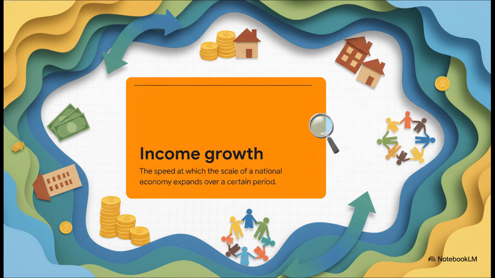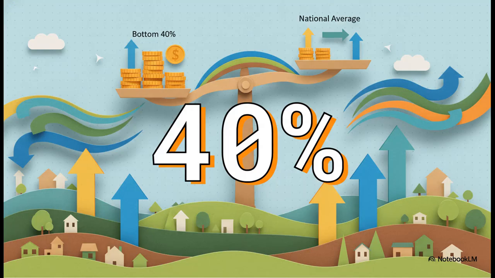To tackle those economic gaps and promote basic human rights, we first need to talk about income growth. Put simply, this is just the rate at which an individual's or a whole nation's economic earnings expand over time. Our very first priority for reducing inequality is achieving and sustaining this income growth for the people who need it the absolute most. Now, what's really interesting here is the magic number, 40%. The UN target specifically states that income growth has to target the bottom 40% of the population. And here's the kicker. It must grow at a rate higher than the national average.